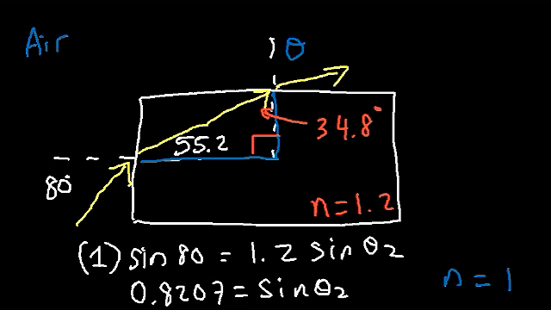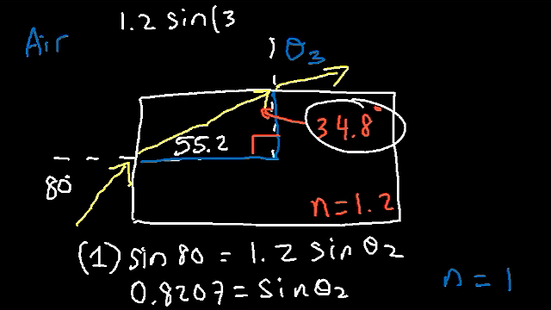So now we could find this angle, which we'll call theta 3. So n2 sine theta 2 is equal to n3 sine theta 3, where theta 2 is a different angle. It's 34.8 instead of 55.2. So n2, that's the index of refraction for the material, is going to be 1.2 times sine of 34.8. That's equal to n3, which is associated with air, which has an index of refraction of 1, times sine theta